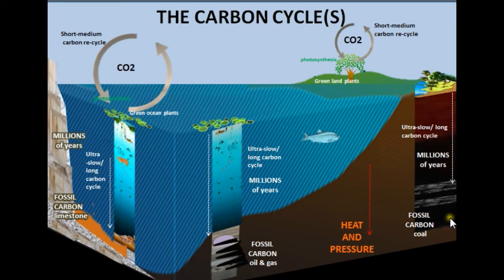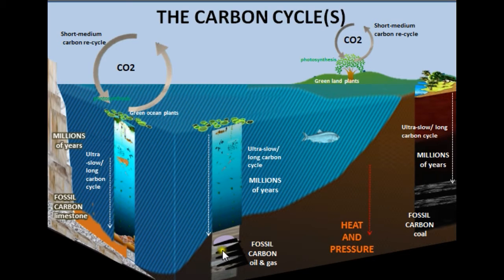So here's the formation of fossil carbon coal, the ultra long-term carbon cycle over millions of years. It's formed by trees and the forests of the ancient swamps. 300 million years ago, we're talking about a very different planet. The planet was all ocean and swamps. So the forests that grew in the swamps ended up forming coal over millions of years with heat and